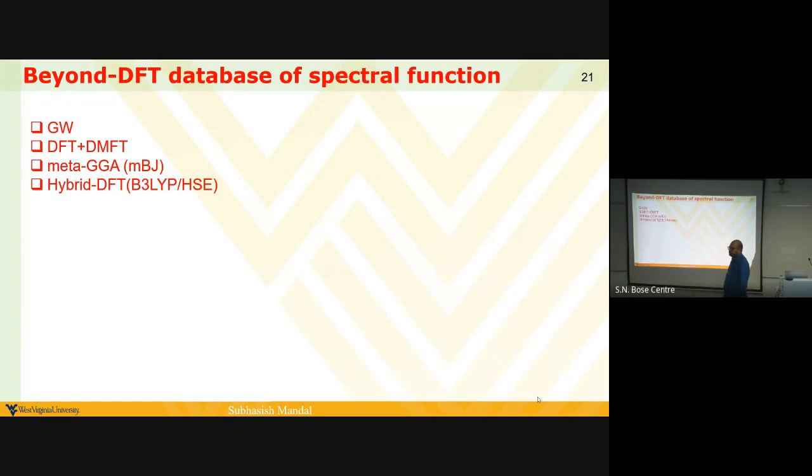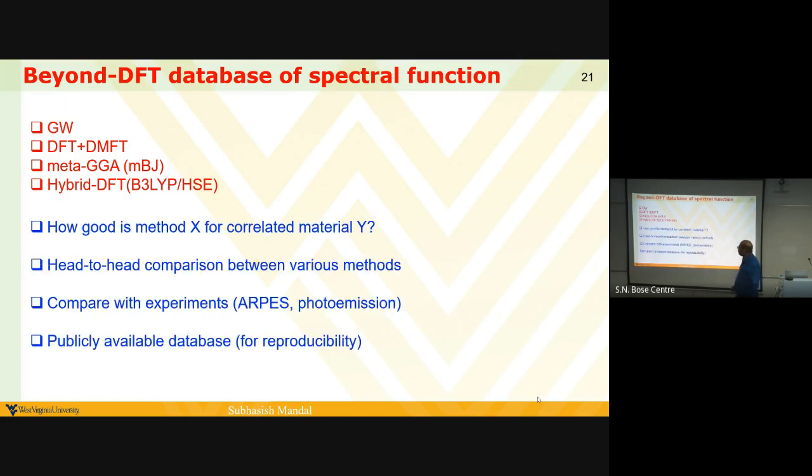One comment: the problem is possibly that there is no single method which can address all the elements of the periodic table. Yes, absolutely, we started with that motivation. That's the problem, because these are all approximate methods. None of them are exact methods. There is some limit to where they work or not. So that's why we need to benchmark, and that's what we did.